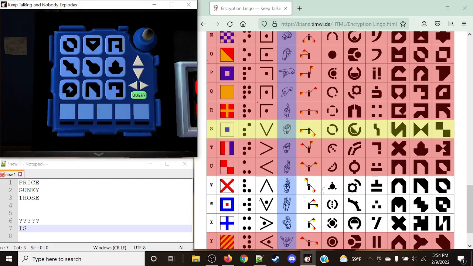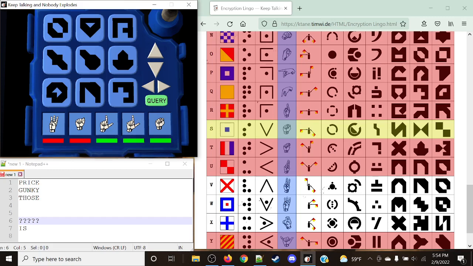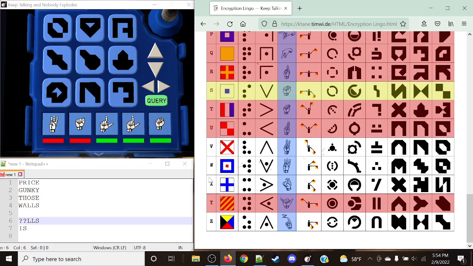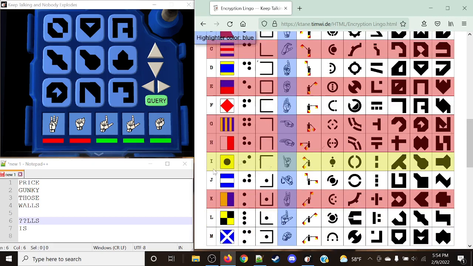So we know for a fact that, with those greens, basically what they did was spell out walls. We know for a fact that the last 3 characters of our word are going to be Lima, Lima, and Sierra. Now, what this gives me a hunch is that it's going to be some form of,